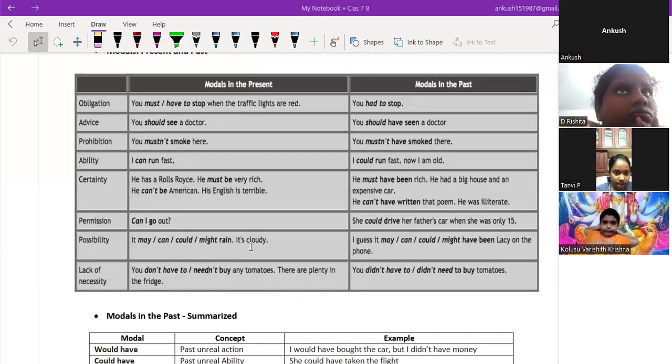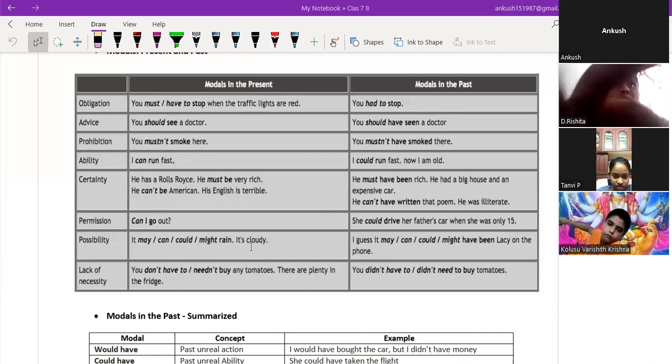Sir, we can take an example from this chart only. Yes, sir. Or you may tell your own example as well if you want to make. No, sir. Yeah, it is very simple. Come on, Tanvi, you may do that. You should have had the old lady, sir. Mhm. You should have had the old lady.